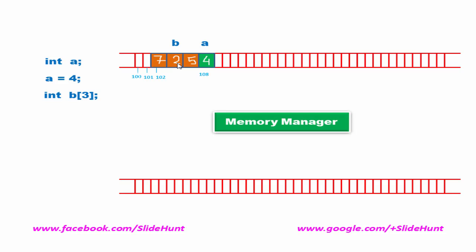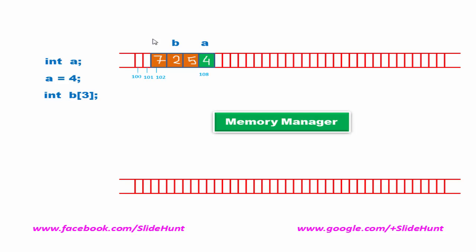Now you want to store another value in this array. So you need to extend this array. You talk to the memory manager. But the memory manager sees there is no adjacent space to extend this array because array elements are stored in contiguous memory locations. So to store another element in this array, we need a free space adjacent to this block b. But there is no free space, so the memory manager informs the user it is not possible.